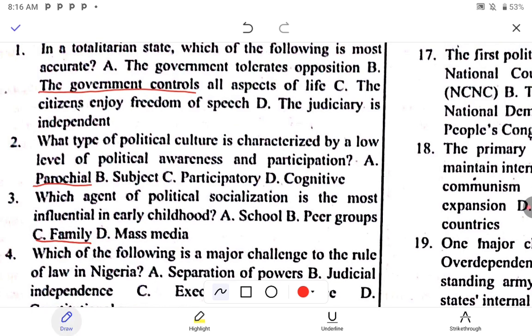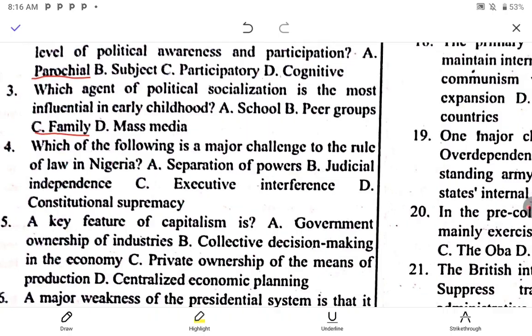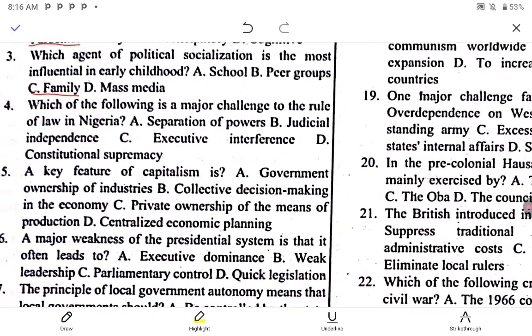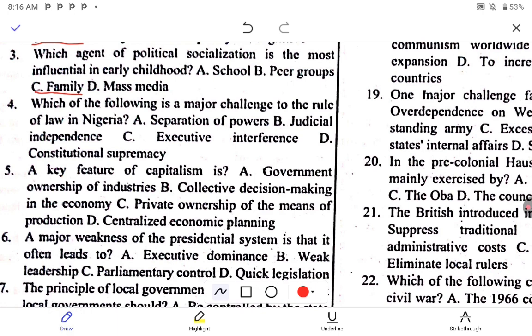So let's move to question four. The correct option to question four is option C. So let's move to question five.